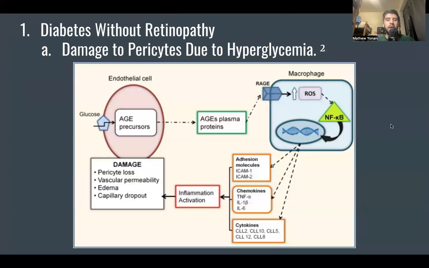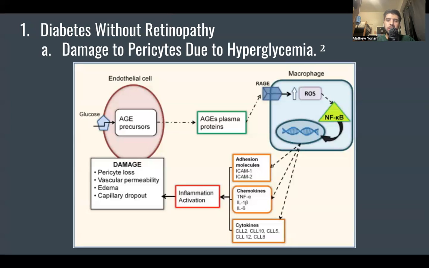Okay, so here we are taking a deeper look at how parasite damage actually happens because of hyperglycemia. Because I feel like saying high blood sugar leading to parasite damage is kind of a jump. So we start with glucose, and this high amount of glucose enters the endothelial cell of the capillary, which leads to something called an advanced glycated end product precursor. Okay, and then this is turned into advanced glycated end product plasma proteins, which then activate RAGE receptors